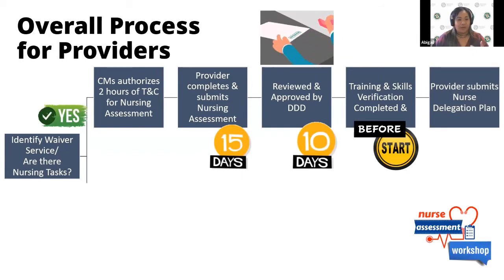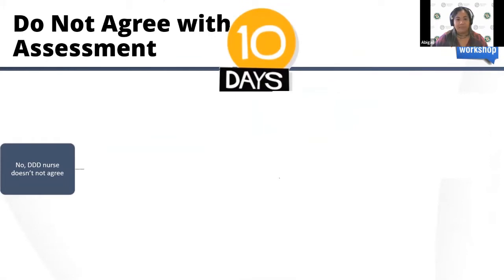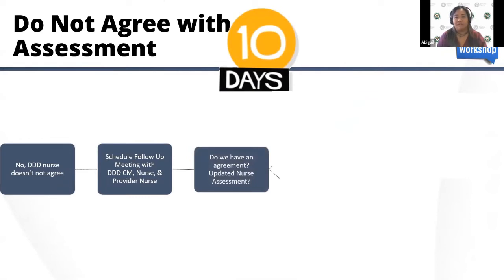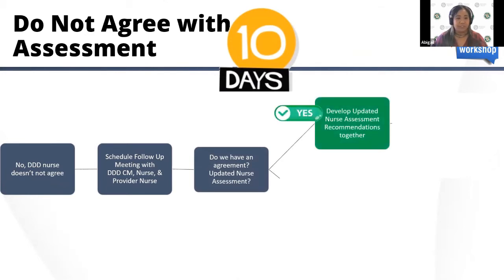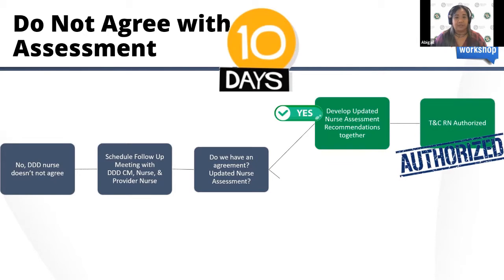Okay? So what happens if we do not agree within these 10 days? Provider turns in their nurse assessment and then, when we review it with our nurse, it doesn't make sense. We're going to advise you folks to come up and work together and compromise during this part. If it comes to the fact that you need to come up with a new nurse assessment together, go over the different categories, and so be it. We want to make sure that at the end of the day, the individuals that do have nursing tasks are covered and overseen under this service.